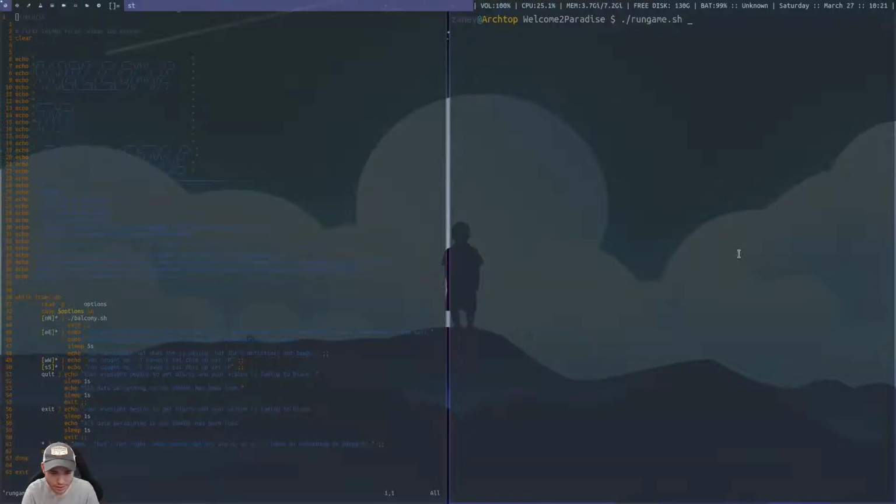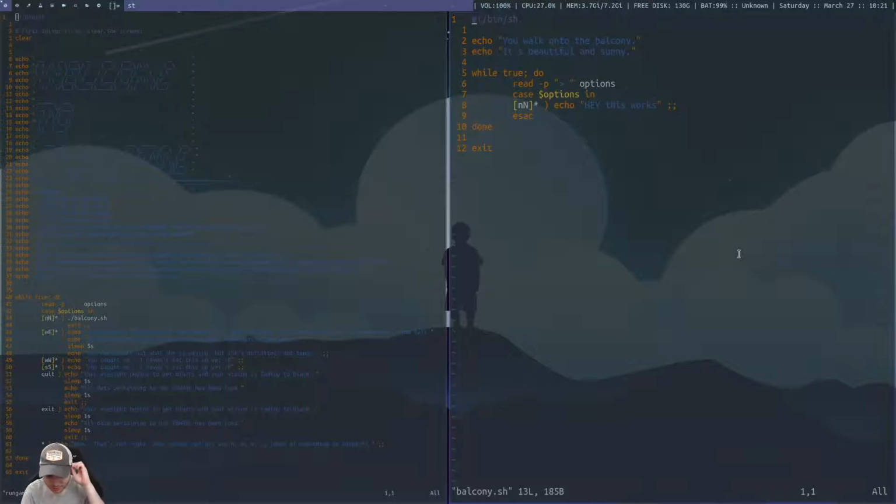Let's get into our balcony script. So you walk out onto the balcony.